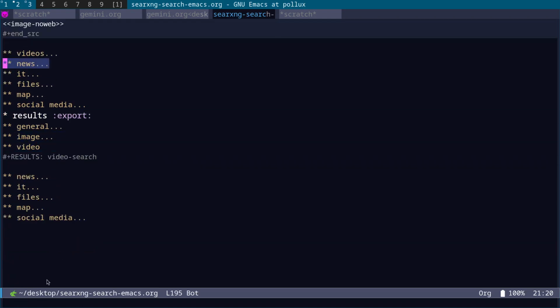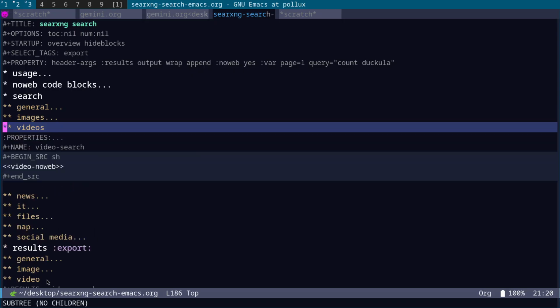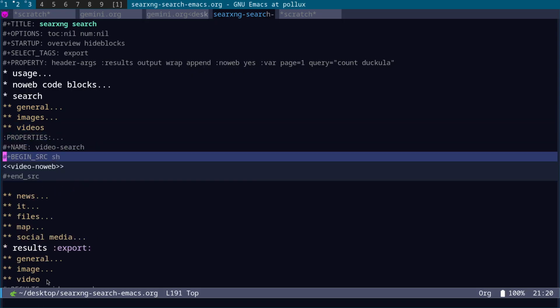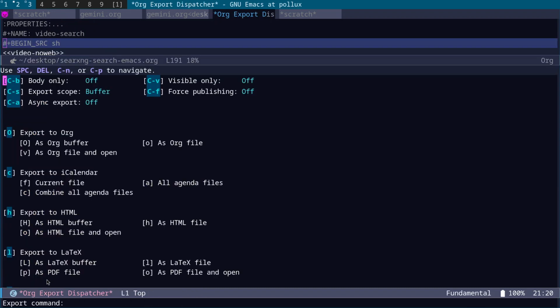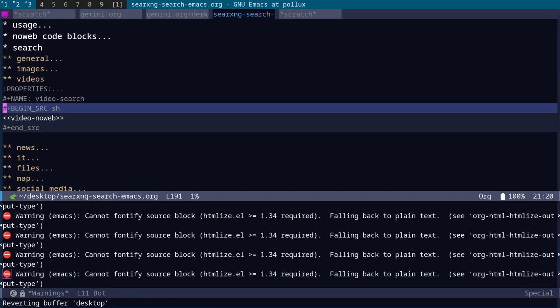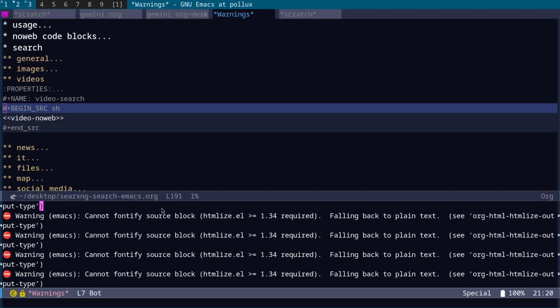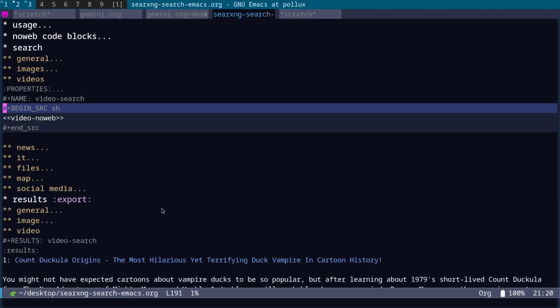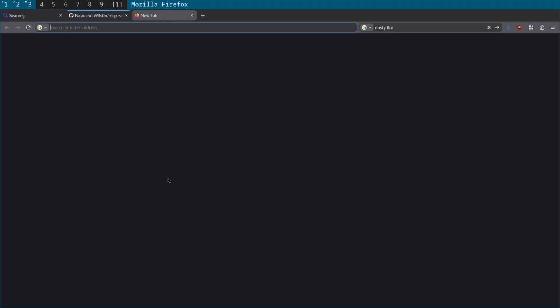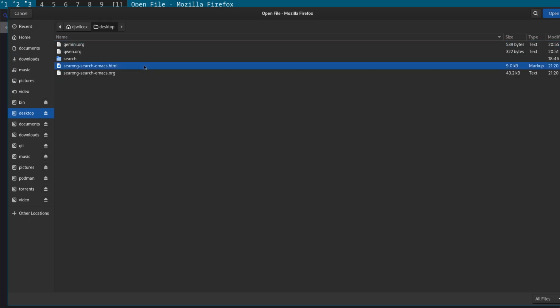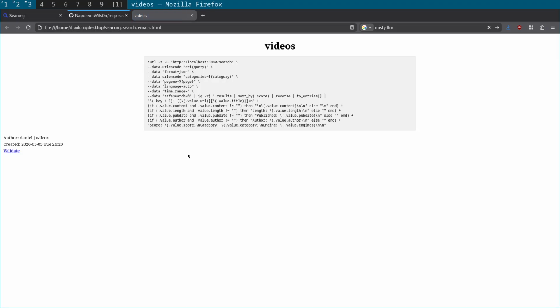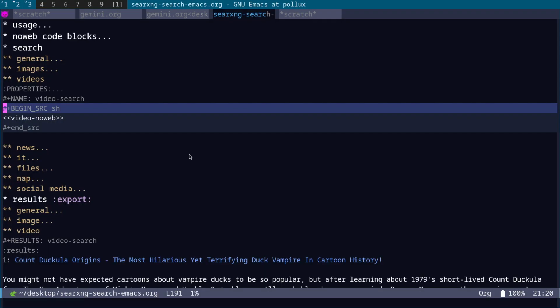results video search, that corresponds to this block. Control C, okay, Control C, Control E, Control S, HH. Yeah, that may just be a warning about my font setup or something. Bang, open it up, and yes, that one's failed. So